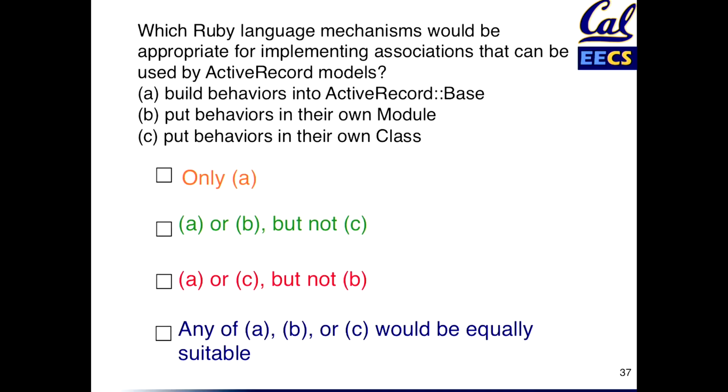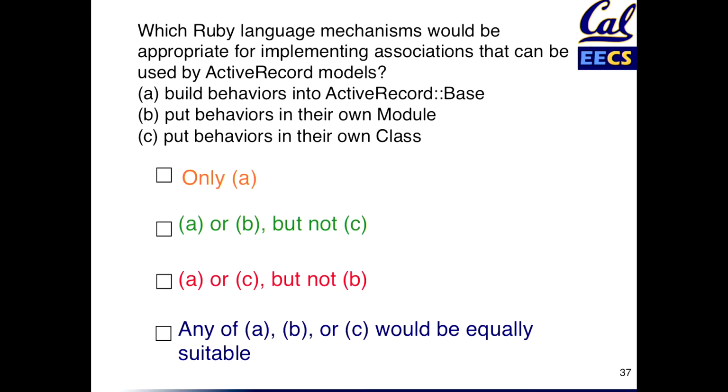What about putting the behaviors in their own module? Well, that makes sense, because if you think about it, when we subclass from ActiveRecordBase, we're creating a whole bunch of different types of models. But we want to have a set of behaviors, in other words, the idea of dereferencing foreign keys and building queries from them, that are reusable even across different classes. And that's almost an exact description of the kind of problem a module solves, right? You can collect a bunch of behaviors, mix them into a bunch of different classes, and even though the classes may have nothing to do with each other, the behaviors can still be mixed in if there's some contract that you had to fulfill. So B actually works as well.